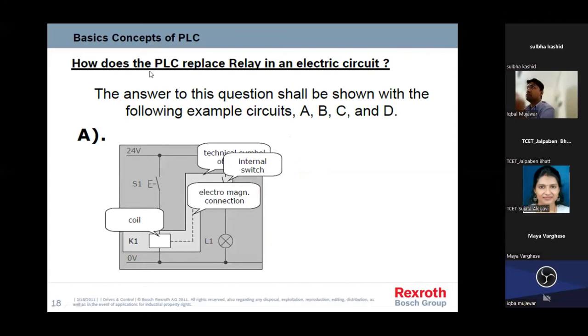Now, how does PLC replace the relay in the electrical system? We can see this diagram. First we'll see diagram A. In diagram A we can see there are two rungs. In rung 1, this is across a 24-volt supply. In the first rung, the switch S1 is connected to coil K1. When coil K1 is energized by pressing S1, this internal switch, here also I can give the name K1,